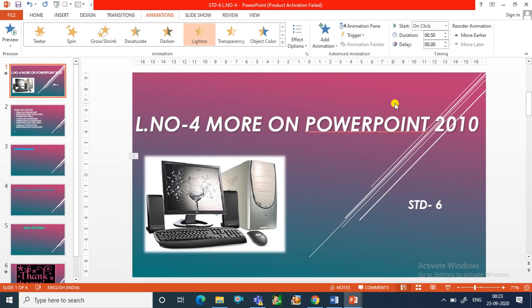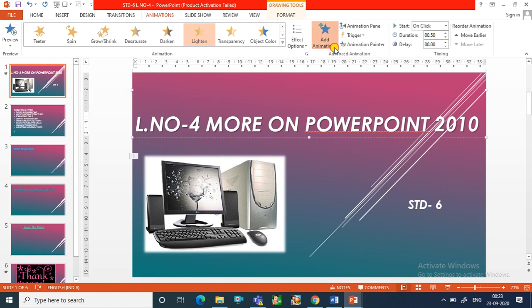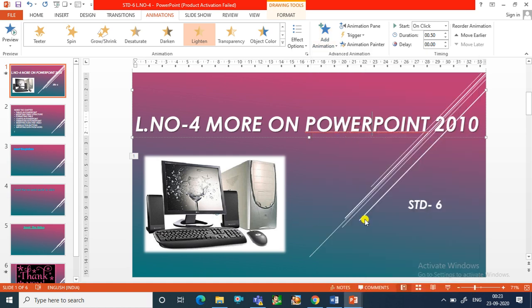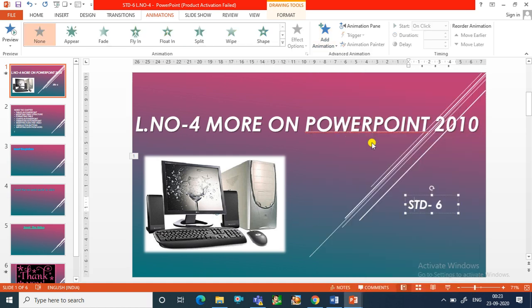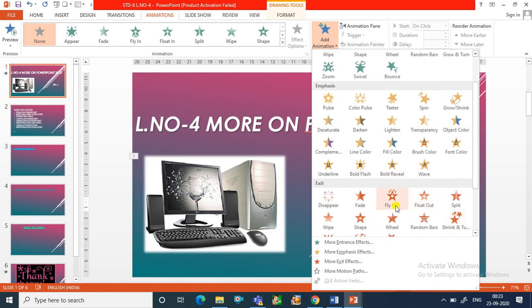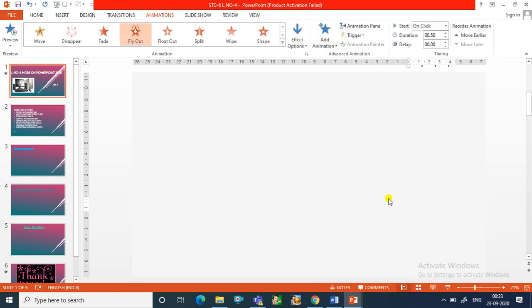Fine. Now next one is the exit. For this category of animation, first of all you have to select the text, then click on exit, okay, and select the animation as per your choice.